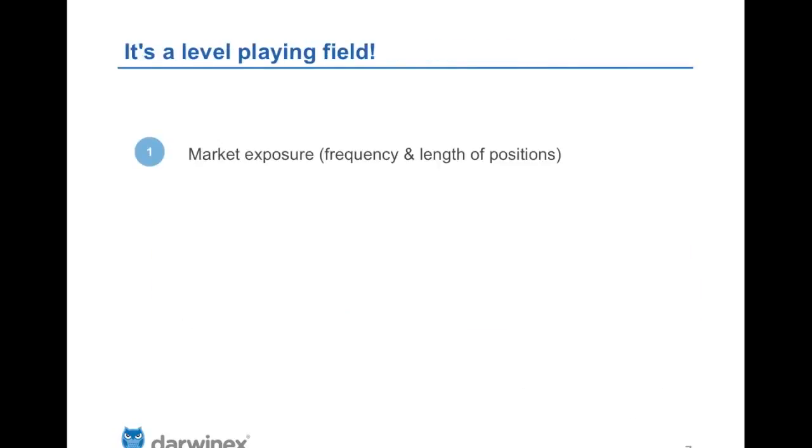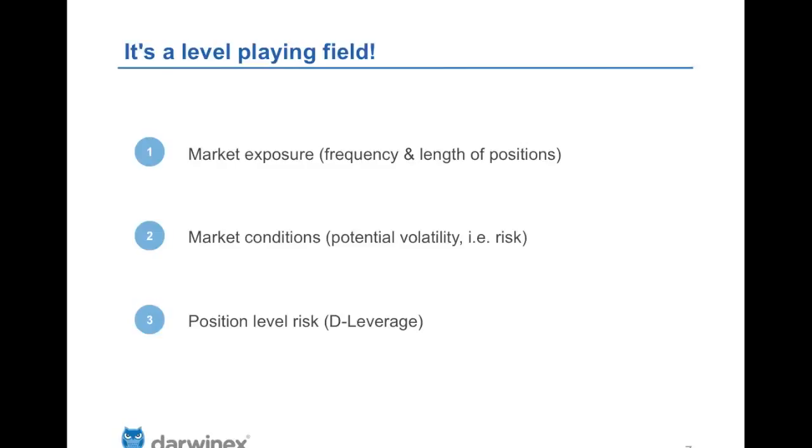market exposure for both you and the random monkeys is the same, i.e. you both take the same frequency of trades and the length of your positions is exactly the same. The market conditions that apply to you and the 10,000 monkeys are exactly the same in terms of potential volatility. And the trade-by-trade risk is replicated exactly. So whatever trade you take, the monkeys take with exactly the same deleverage, so that your performance and their performance is completely comparable. To see how this is done in the Darwinex interface, we're now going to have a look